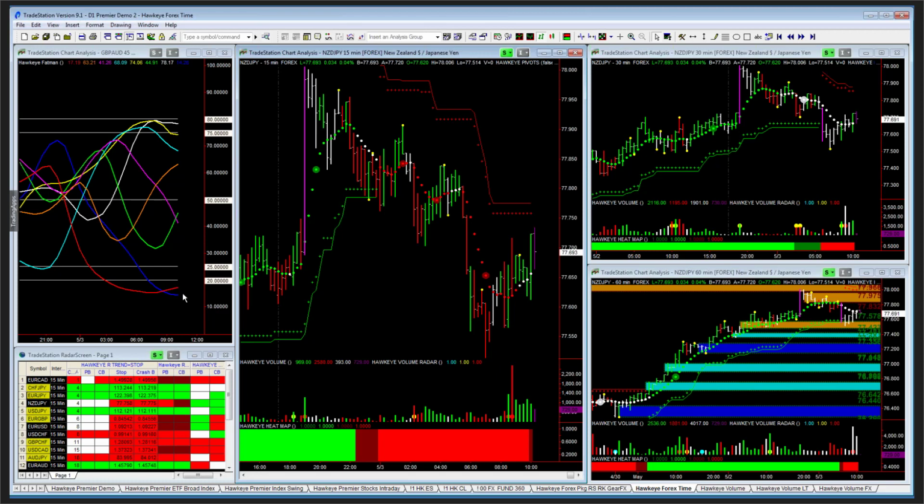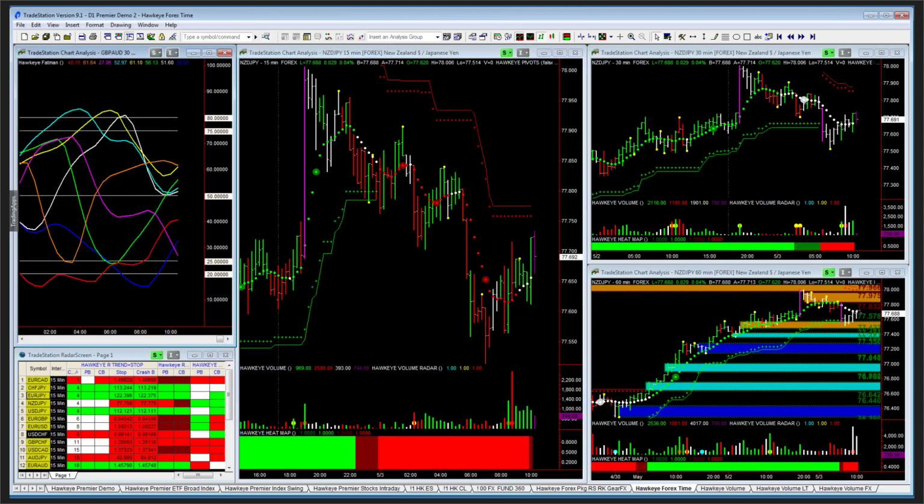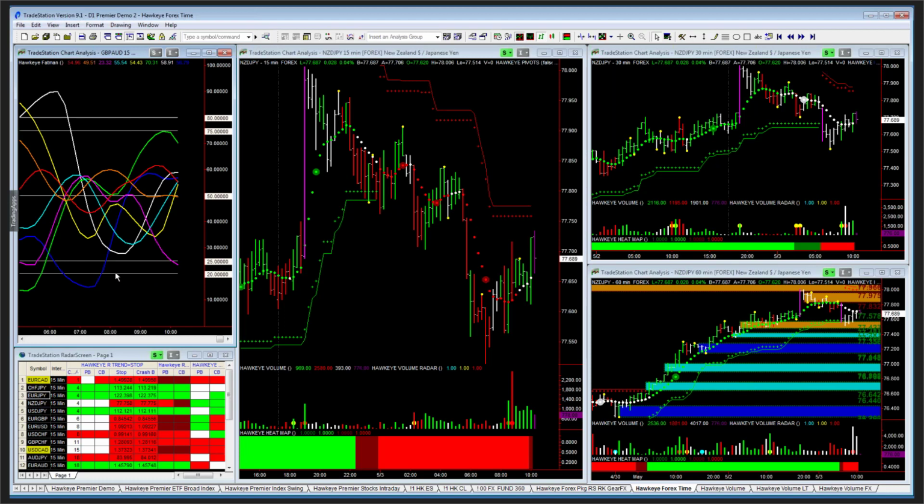So if we were to go down to a 30-minute, you can see the New Zealand is starting to come back up with strength. So based upon a 30-minute, if I look at a 15-minute, you can see that New Zealand has already come back to fair value, and it's happy to stay right here in that fair value range. You can see that the yen came from being oversold to fair value, and then now is coming back into an oversold condition.